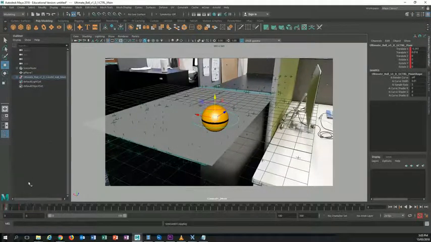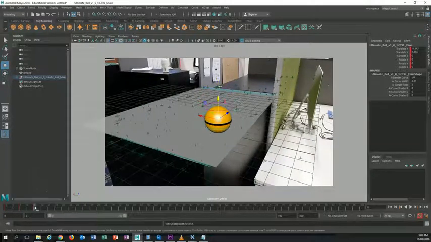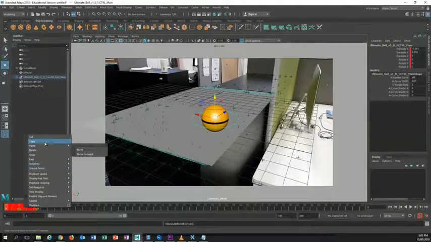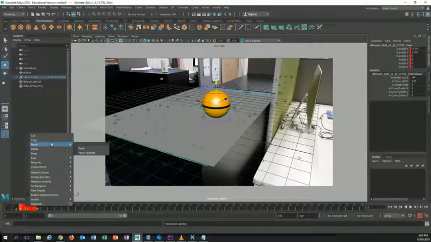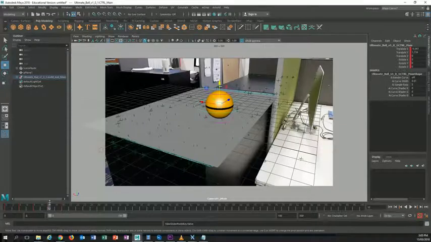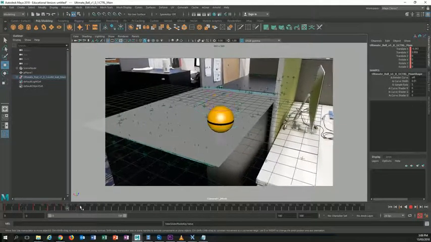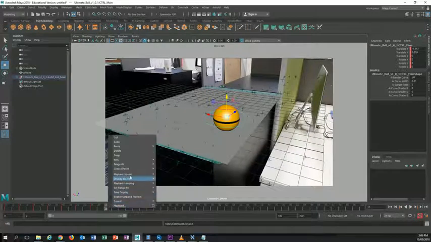Copy this key, paste it here. Copy these, paste, well, copy these two actually. Paste them here. So the ball is like jumping, and then bouncing,